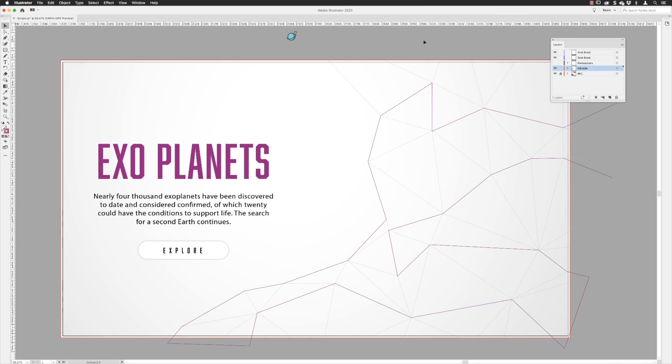So the first free script that I'm going to show you is Duplicate at Selected Anchor Points. I have a piece of artwork here which is the planet. I'd like to duplicate it. This is ideal if you want to create copies of your artwork in specific places. Well, you can use a second object and its anchor points as the basis for where it's duplicated,